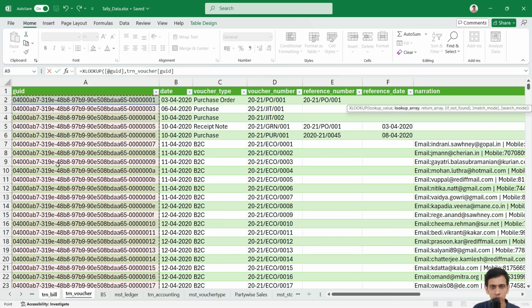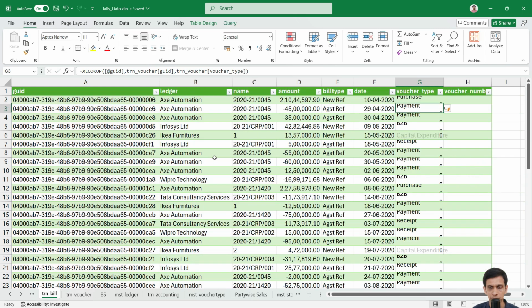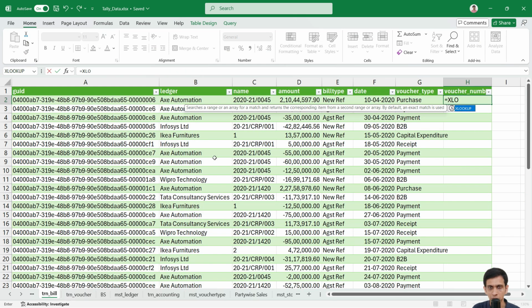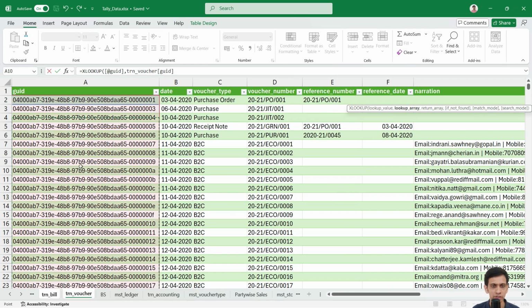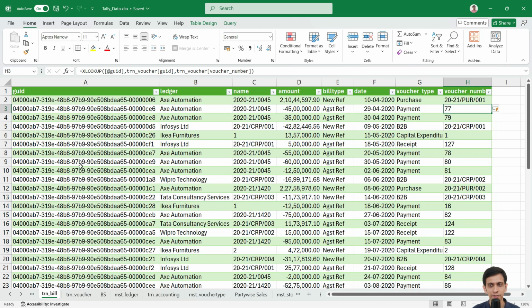Look for this GUID here and pull this voucher type from here, and voucher number also. So I already demonstrated this technique in previous videos, so I hope you are very comfortable with this. Okay,